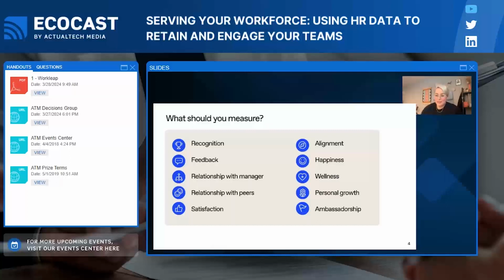So when we think about what we should measure, well, we think that you should measure your engagement based on our 10 key metrics of engagement. So this is a good overview of what they look like. We'll take a look at what they look like in our platform as well. So what does this mean? All of these 10 key metrics are an overall view of what we encompass as the employee engagement model. They each have their own sub-metrics related into them, as well as their own questions.